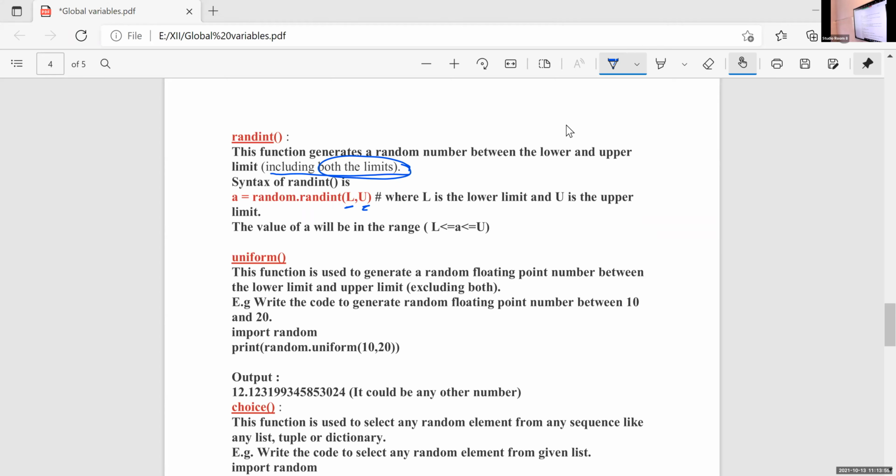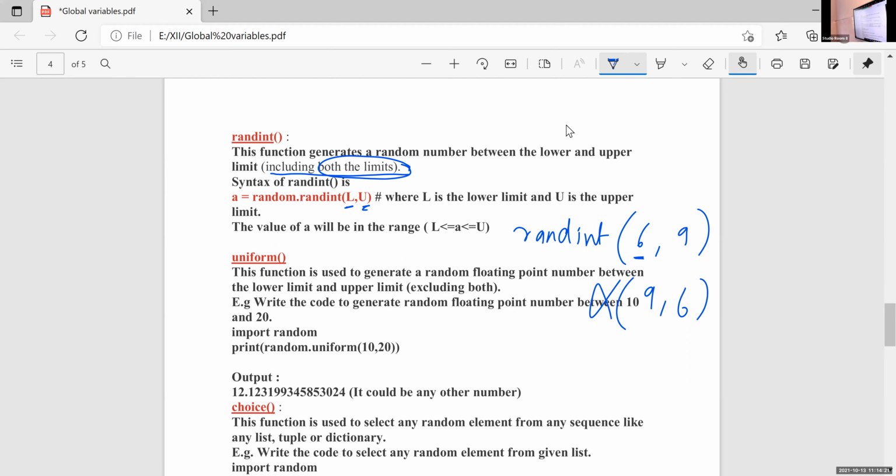So a = random.randint within brackets. You want to give two values, but the values must be in the form of random.randint(6, 9). That is, the lower limit is always less than the upper limit. We can't write 9, 6. That is a wrong statement.